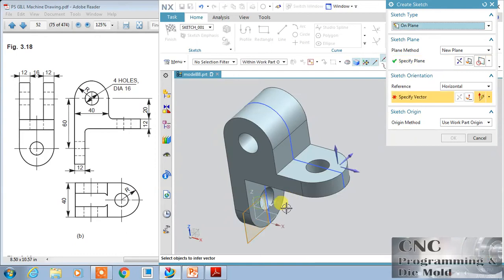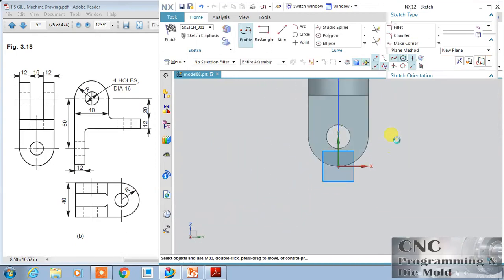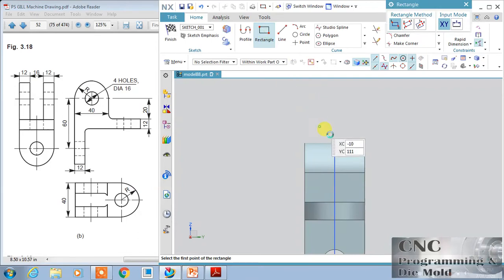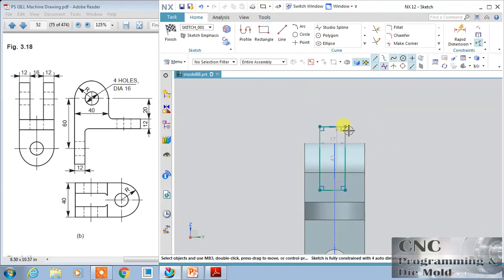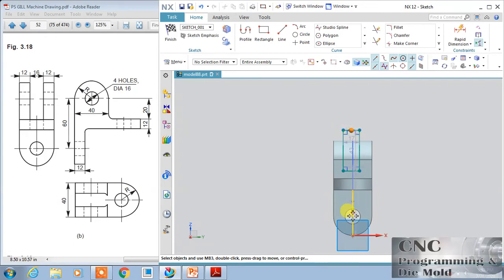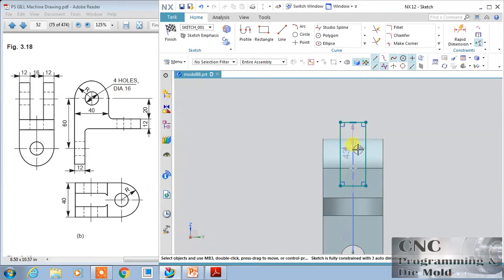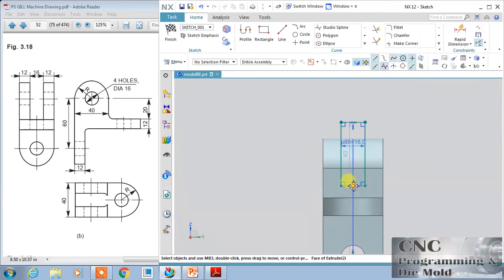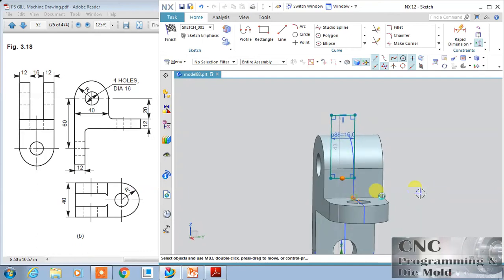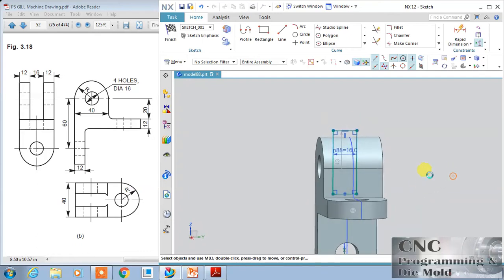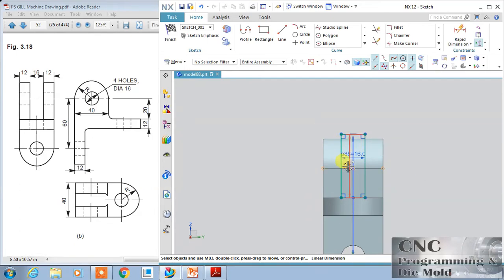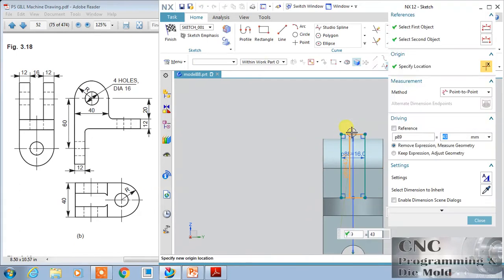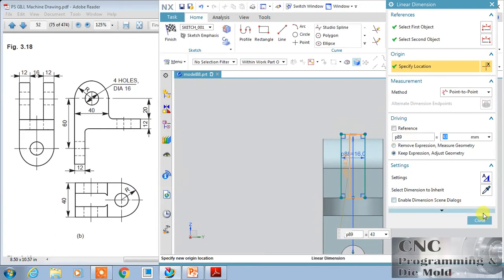So I will click over this plane and draw a rectangle. Now this center point and this center both will be vertically aligned, and the gap is 16 millimeters. Change this, and the depth is up to this limit and constant. See this. Okay. The height you can change as you want, that is 40, meaning anything more than 40 you can type here.